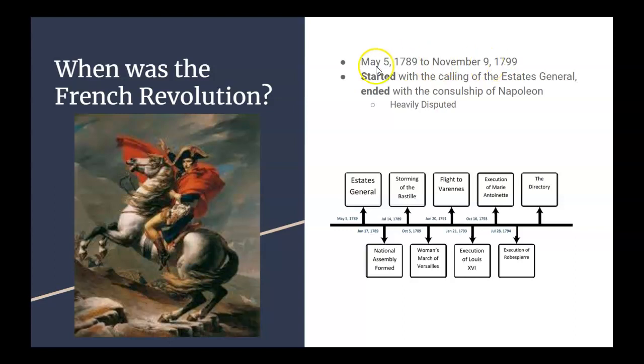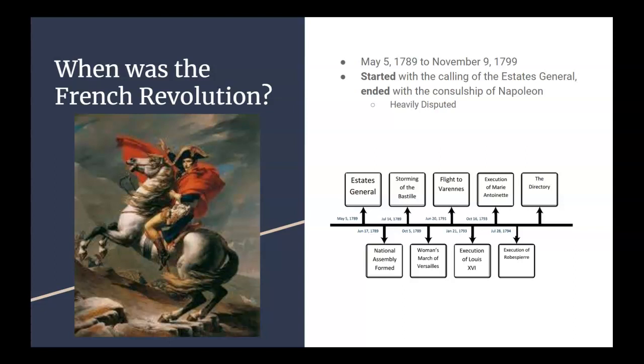But again, because you're all budding historians and dates don't really mean much to you probably yet, it's better to have events as opposed to dates because they actually mean something. So the French Revolution starts with something known as the Calling of the Estates General. The Calling of the Estates General is essentially the king, Louis XVI, in the year 1789. His country had a lot of problems, which we'll get into in part 2 for various reasons.